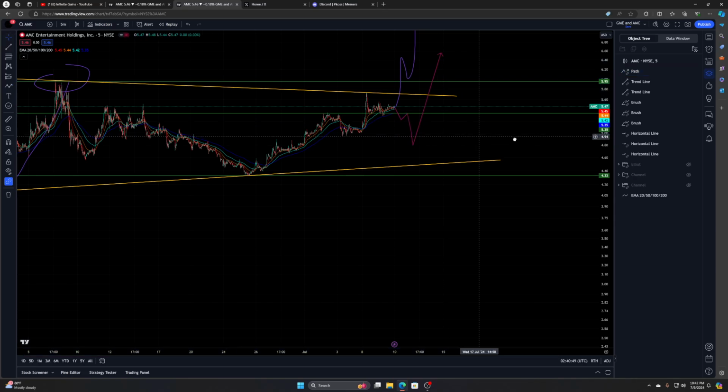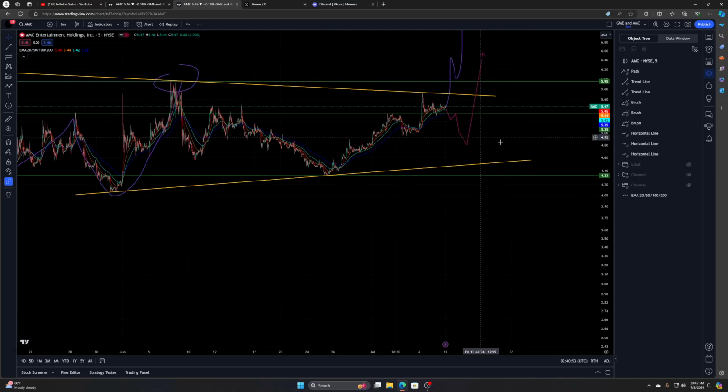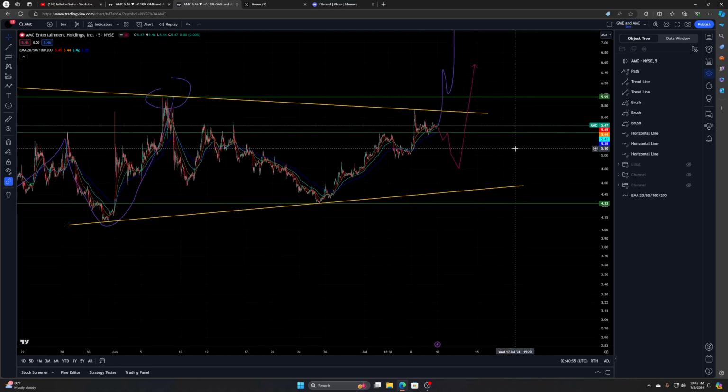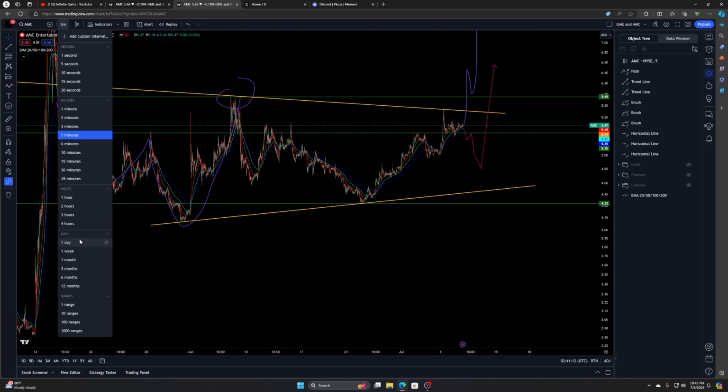That's 100% possible. 1000% possible that you could revisit these lower areas. You could come all the way back down to 450 and retest this trend, and that's 1000% possible, because you go to the daily and